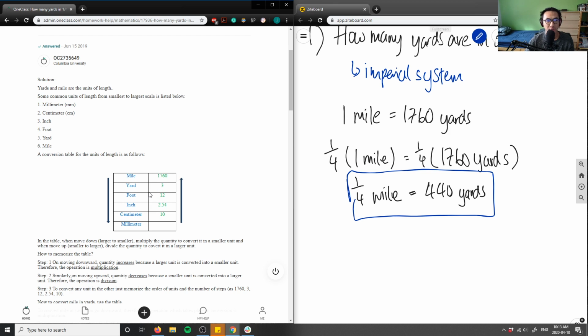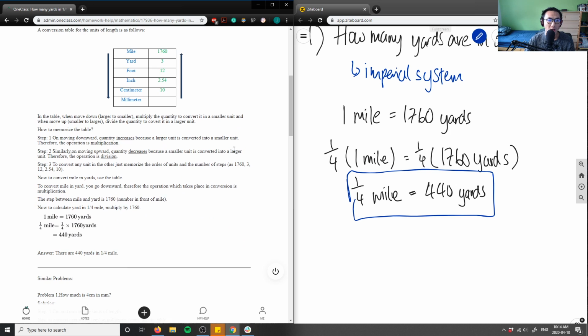The units you can kind of infer by yourself, like 1,760 yards, it has to be a mile, right? There's no way that something that far or that long could be a foot or an inch, right? So that's kind of logic. I'm using logic to also memorize this as well. But in this case, the student chose to use a table, which, okay, that's fair. It's not wrong by any chance, but I would prefer another way to use the table, but that's totally fine. That's probably my personal preference as well. So what they did was they actually did the exact same thing as me.